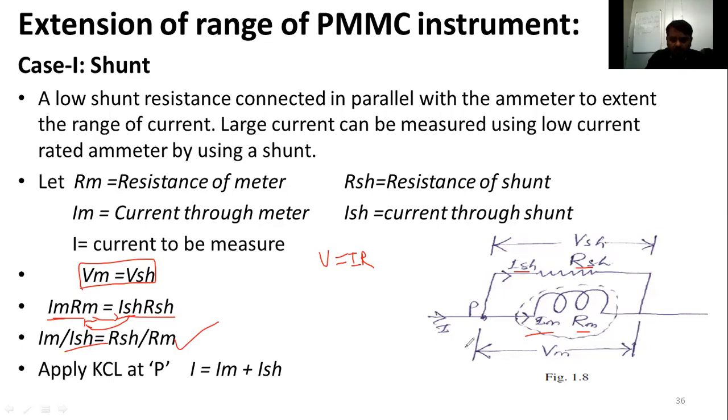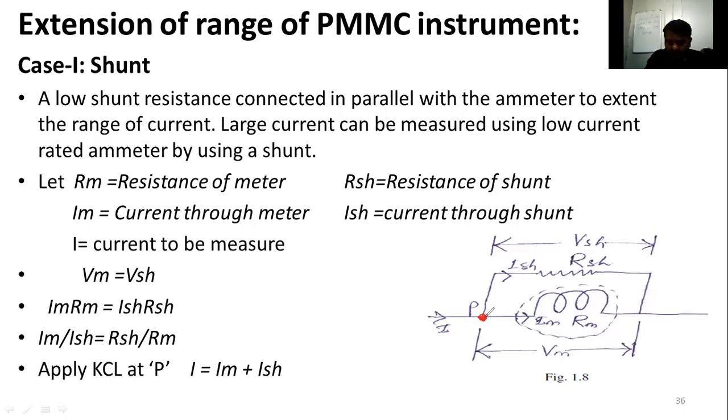Now, according to this principle from the parallel circuit, you can apply KCL also, Kirchhoff's current law. How many currents are there here? 3. At this point, 3 currents are there. What is the statement for Kirchhoff's current law? Two statements are there. Incoming currents are equal to outgoing currents, or the algebraic sum of currents meeting at a junction or node is equal to 0. The easy one to remember is incoming currents equal outgoing currents.